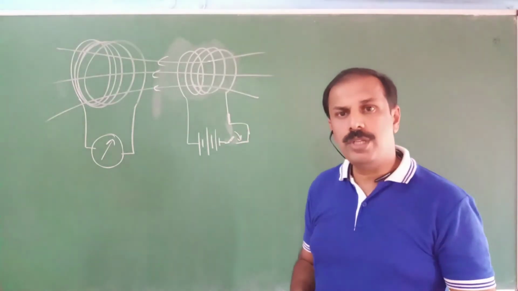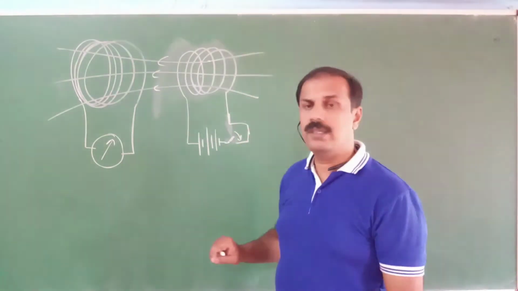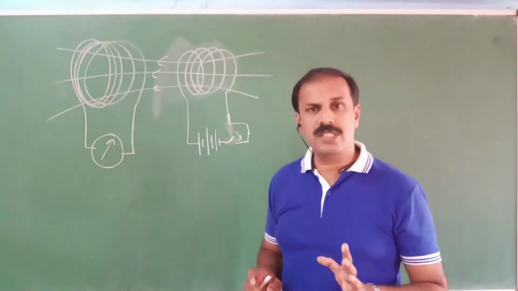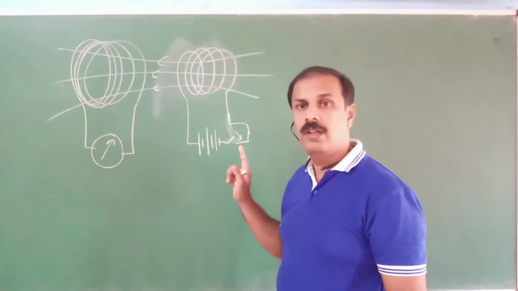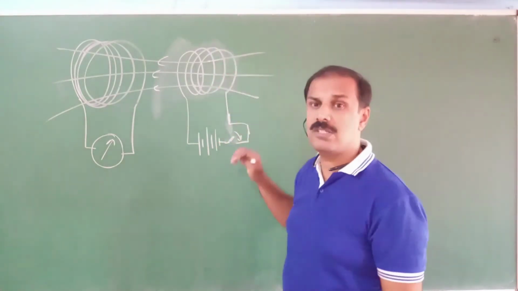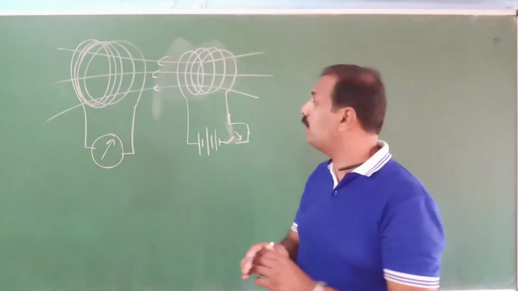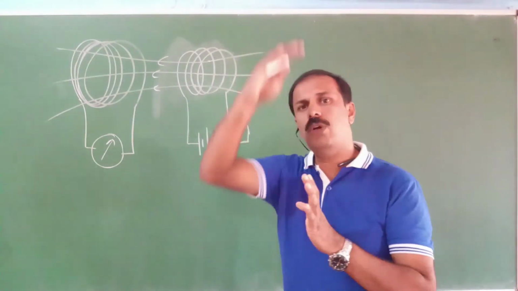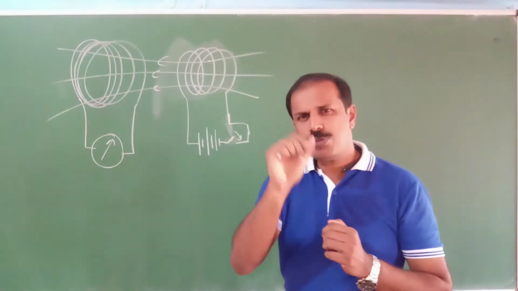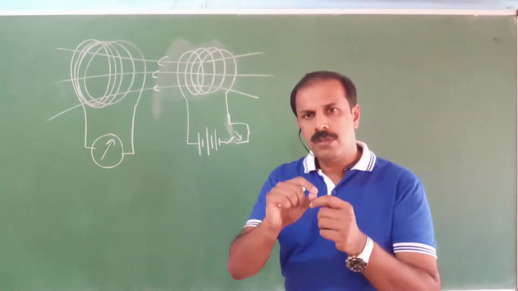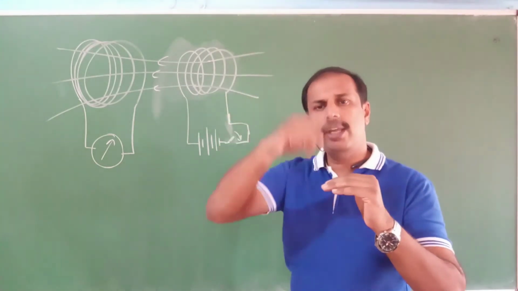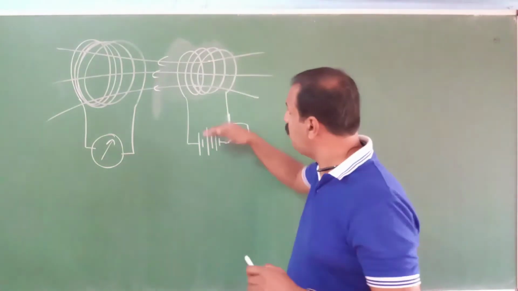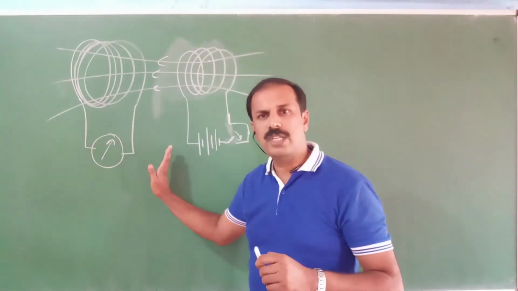So what they understood is, when the key was open, that is, there is no current through the coil, no deflection was seen here. But once you tap, immediately a current passes through this one. You have to remember that the current was 0 at first. When you switch it on, the current will go to a maximum value. So it takes a small time, especially when it's inside a coil, to go from 0 to maximum. So in that time, this will show a deflection.